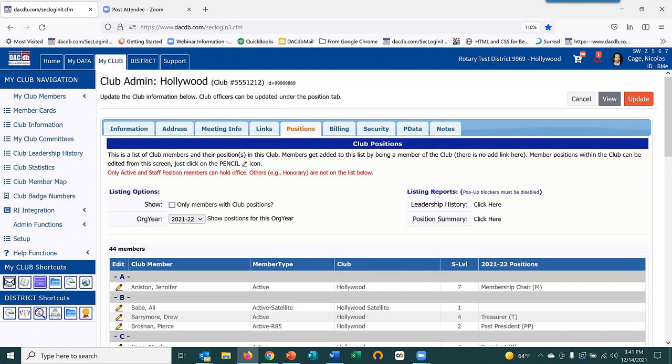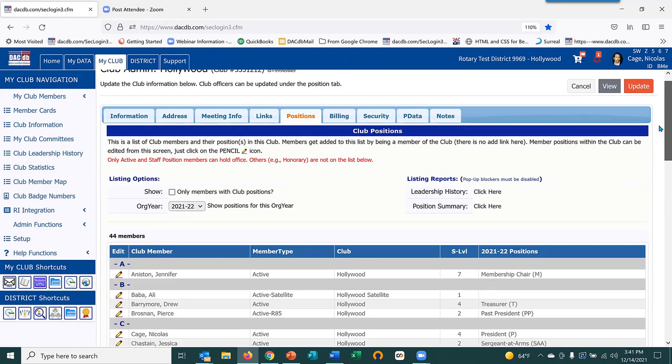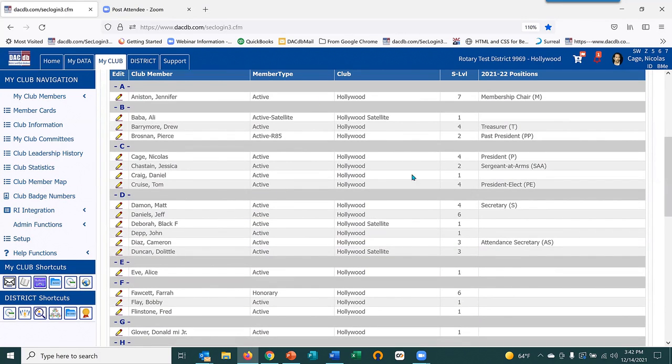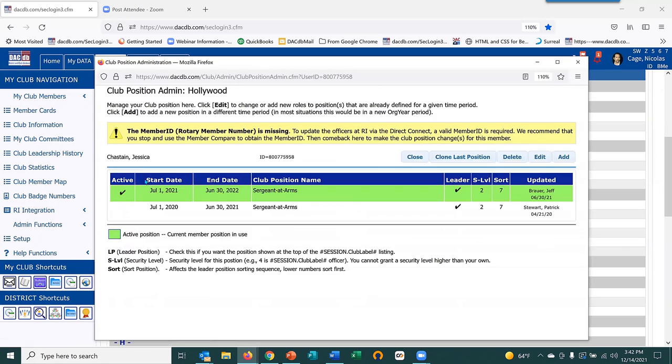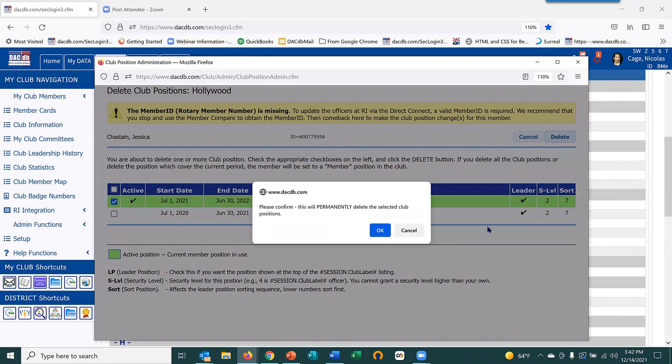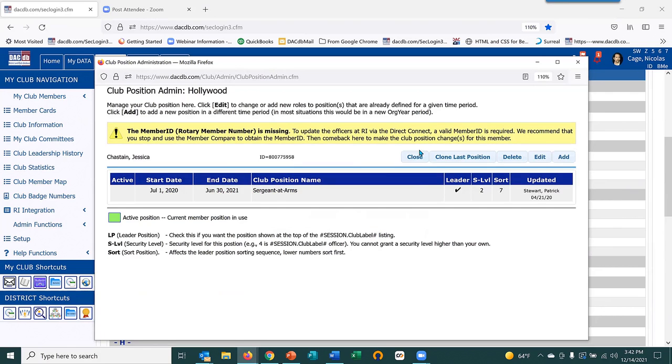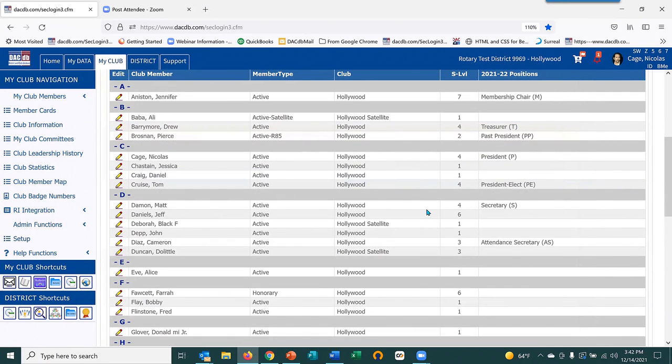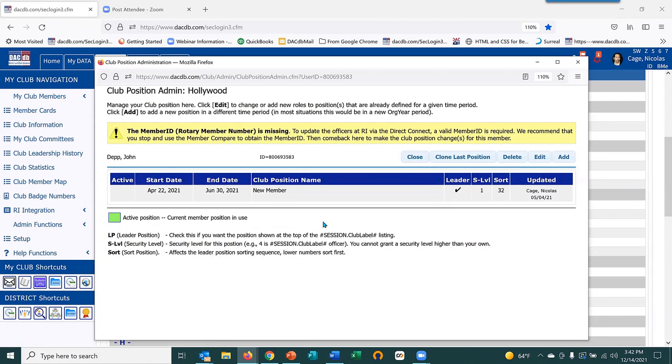So how do you delete a club position if someone resigns or if you've made a mistake and need to assign it to someone else? Right. So I'm going to go right here to Jessica. And now what I'm going to do is click the delete button. And then I'm going to put a check mark where you want to delete it and click delete. It's going to tell me that I'm deleting it. I'm going to say okay. And then when I close, I can now find the person that is going to be the sergeant at arms and add them